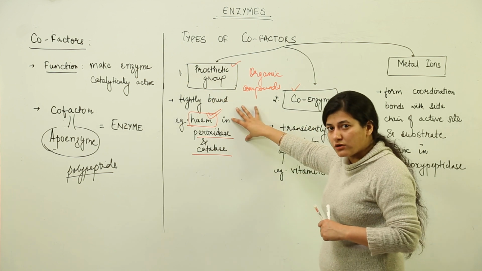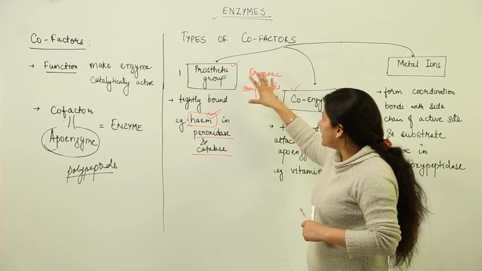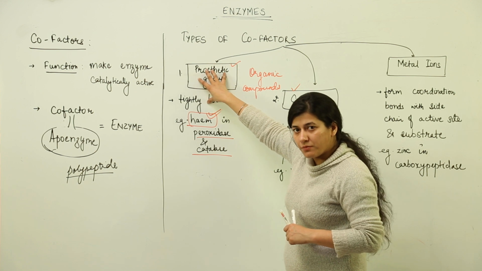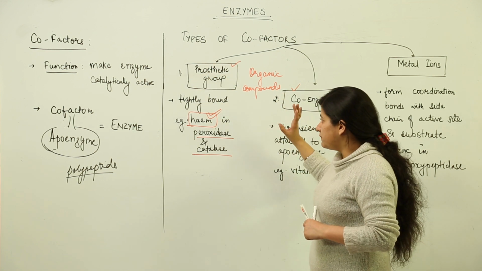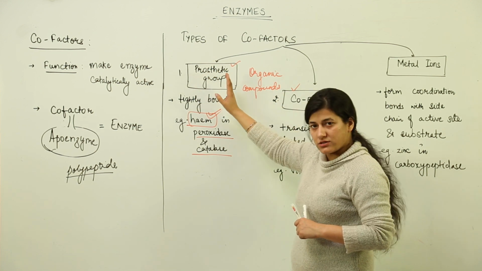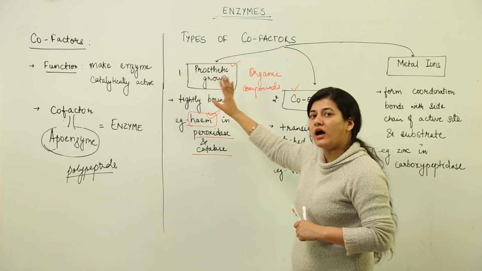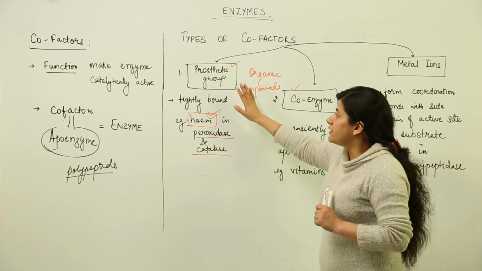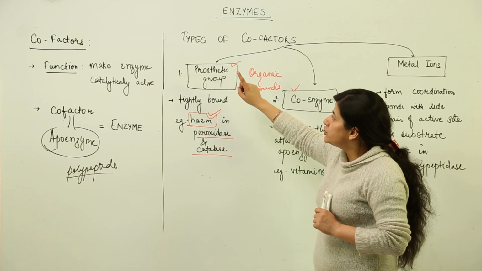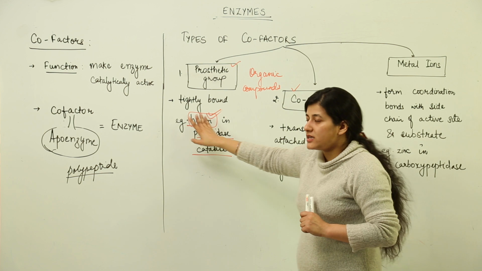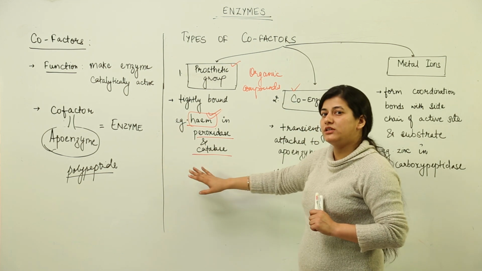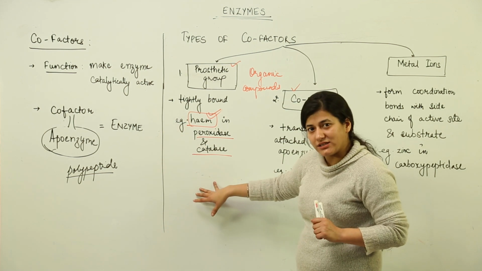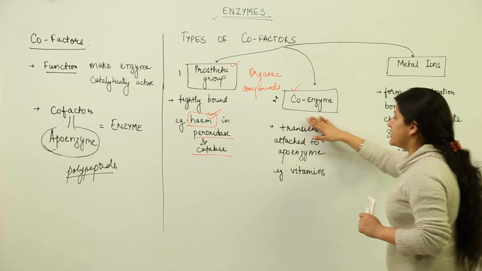If it is a prosthetic group, supposedly the apoenzyme is attached to the prosthetic group, then you are bound to keep one thing in your mind, that the association is not going to break down after the catalysis has taken place. I hope I am clear that because it is tightly bound to the apoenzyme, the association would not break down after the catalytic activity is completed. It would break down in case of